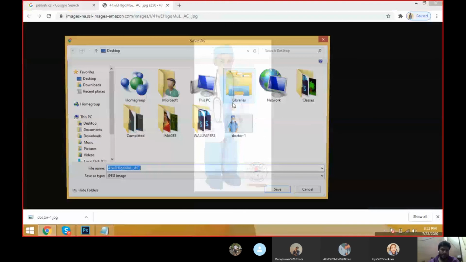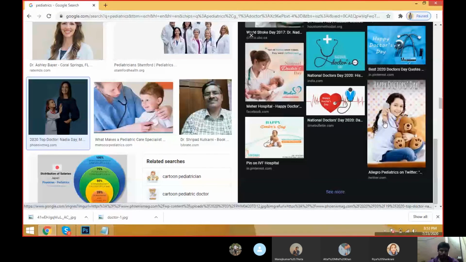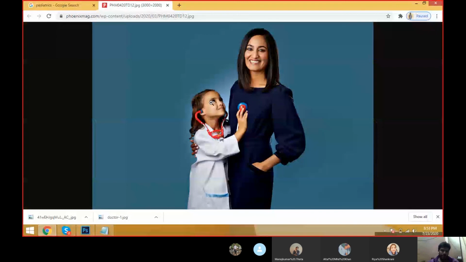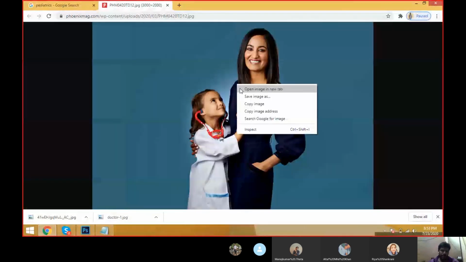Tools, make it large. Oh, nice quality. Right click, save image. Okay, let's do the things.